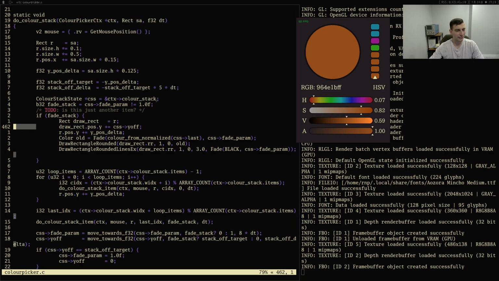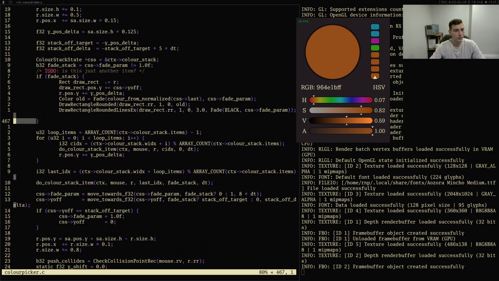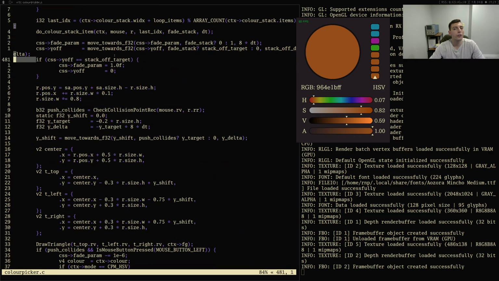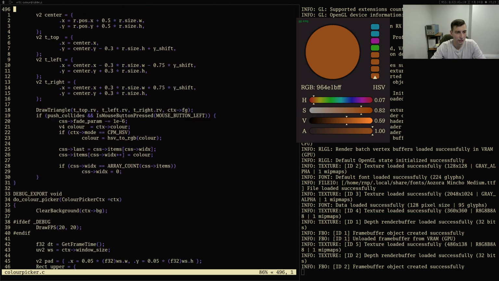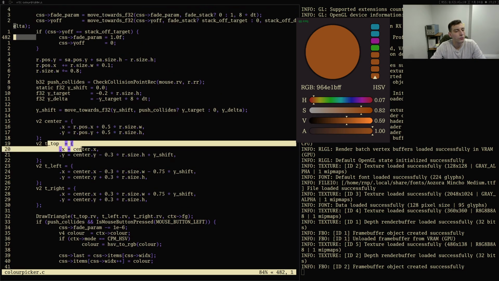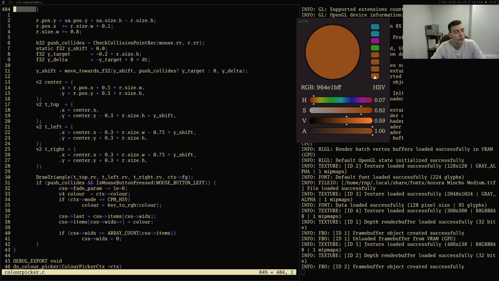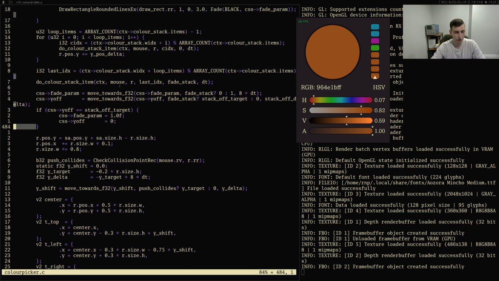That's one thing that definitely needs to get fixed because I can't click the triangle properly, but let's do that first. Okay, so the rest of this I think is going to get shrunk as well and adjusted a little bit in a second. So let me think. Let me find where that triangle is. So here's the draw triangle. Now push collides, collision point rectangle. That is going to be,